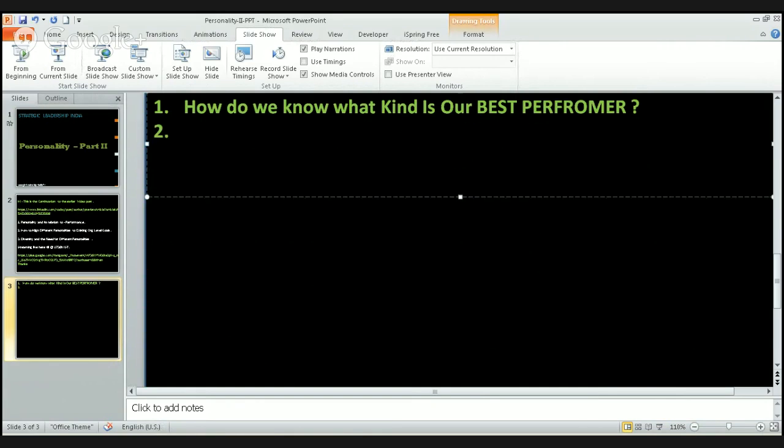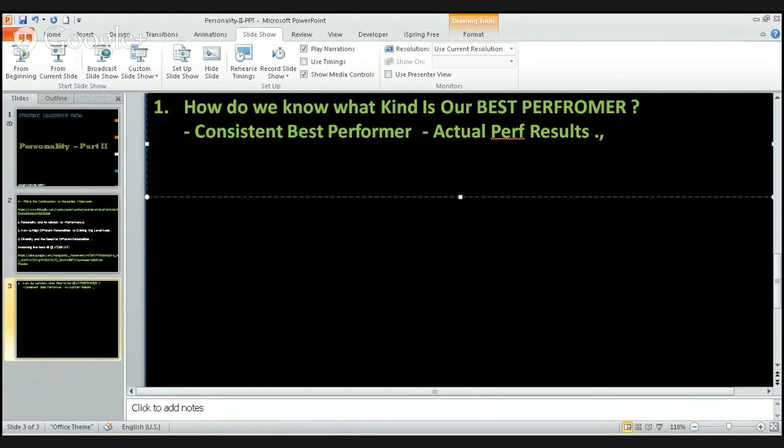So let me try and explain this point to you further. Let's say that there is an individual in your organization who is your consistent best performer. Now, these words are important. Consistent best performer, and I am not talking about any kind of potential assessment over here. I am talking about actual results, actual performance results. Now, what you need to consider